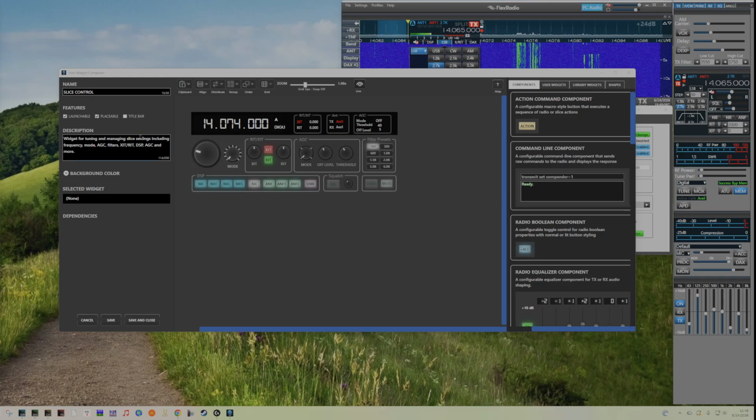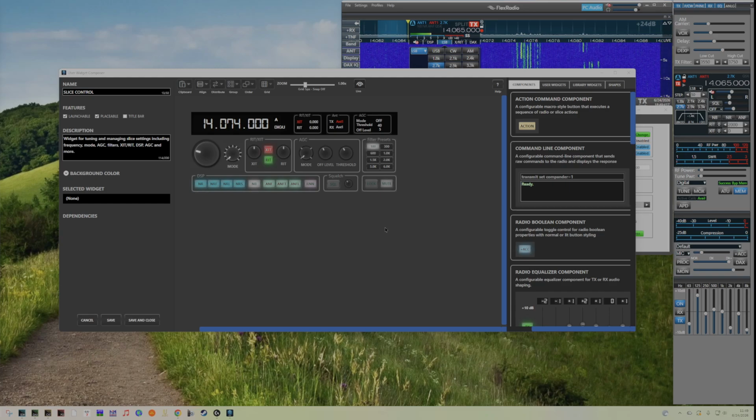And then finally, title bar. What that does is at runtime, by default, if the title bar is off, when you click on a launch button and the widget becomes visible, the window in which it's visible won't have a title bar. If you click on title bar, you'll get a title bar, and the bar will have the name of the widget, and you'll be able to double click on that bar to collapse and expand it. Okay, let's dive into this